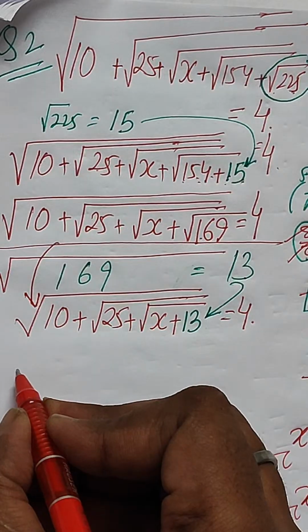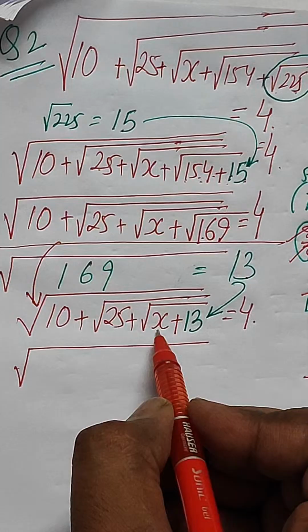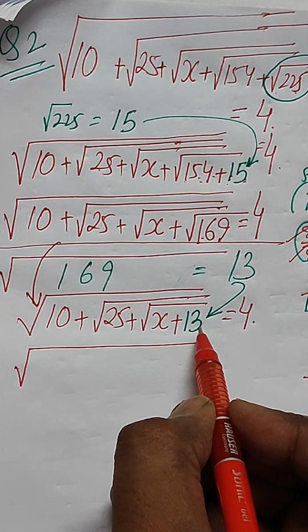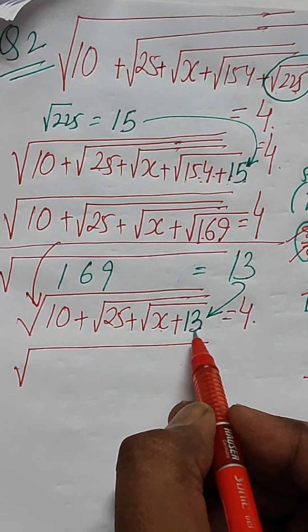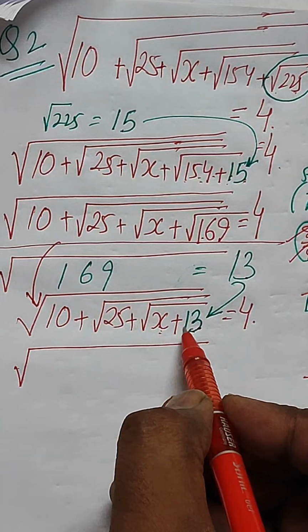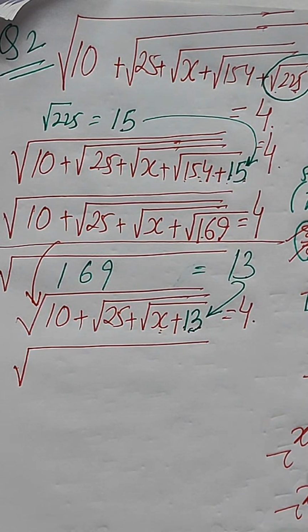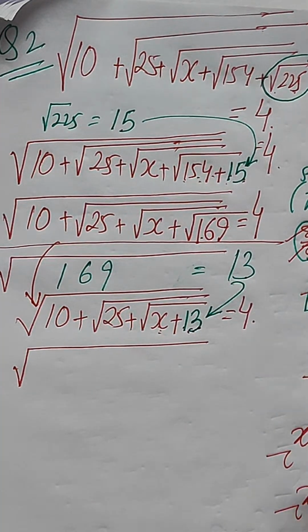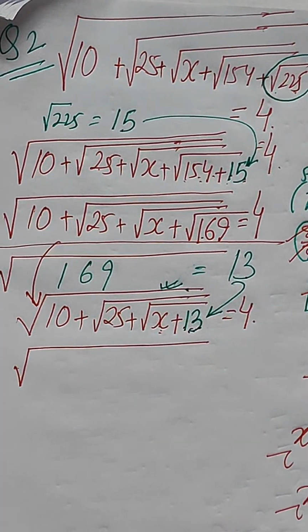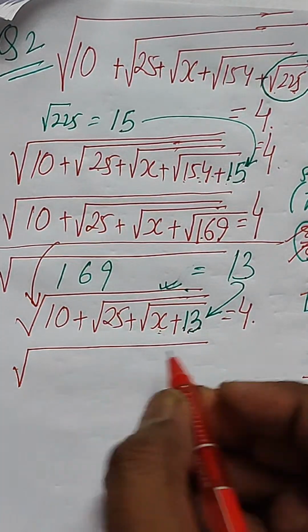In the next step, what will we do? Before going further, what is the next step that we can resolve? So here you can see x plus 13, we cannot solve it further unless we look for some other alternative option. So on reaching this step, what is the best we can do? We can just eliminate this root, the first root, right? So to eliminate that root, we can simply square it,